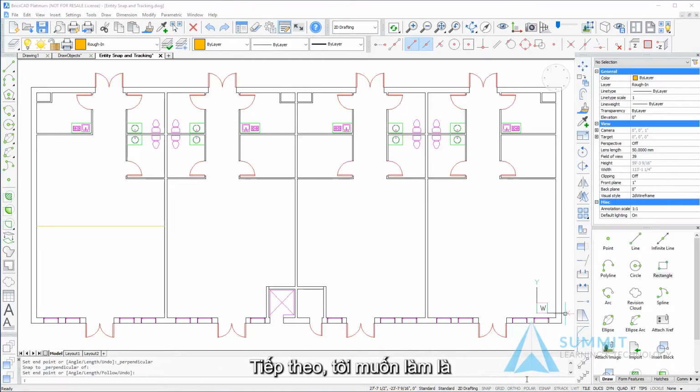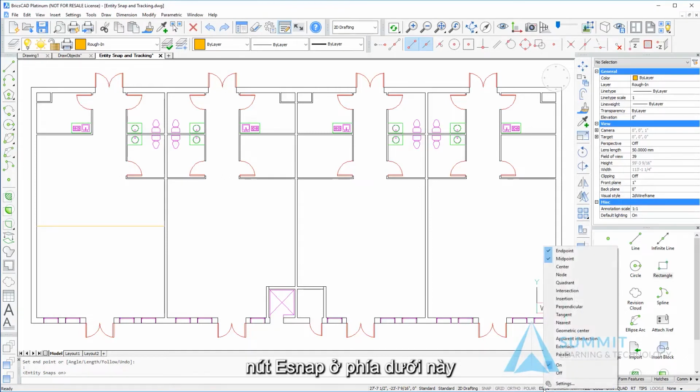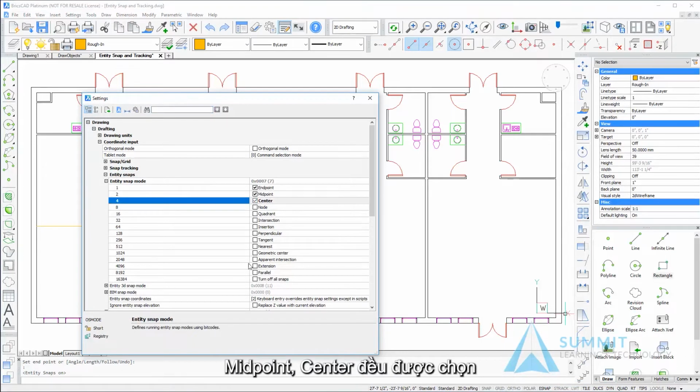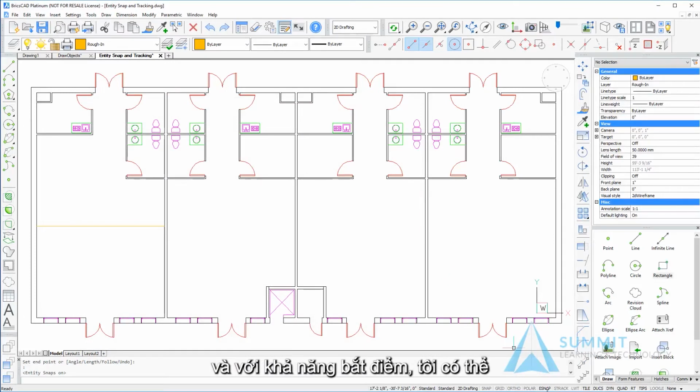Next thing that we want to do is turn on running entity snaps, and we're going to do this by simply clicking the E-snap button on the status bar. The next thing that I want to do is right-click that button and choose Settings. And I want to make sure that Endpoint, Midpoint, and Center are all selected. We'll go ahead and close the settings, and now with Entity Snaps on, I can automate the process of selecting